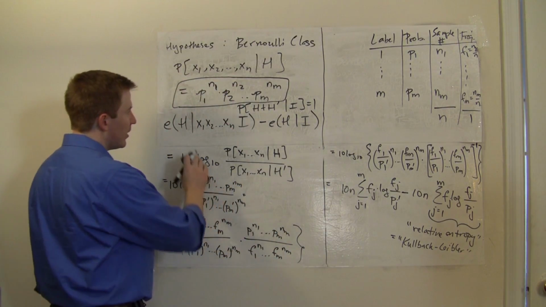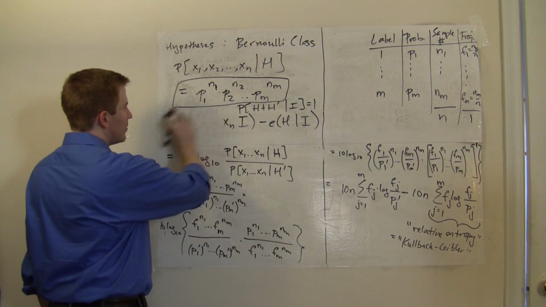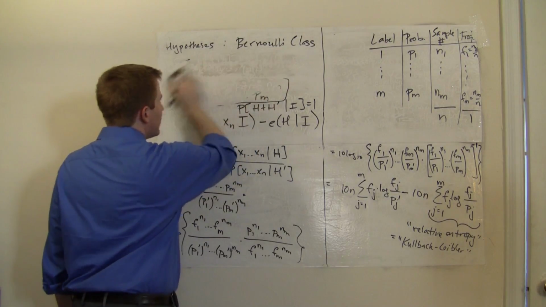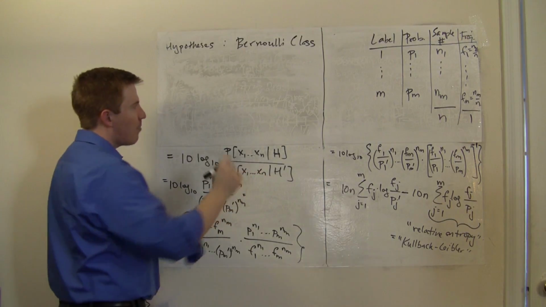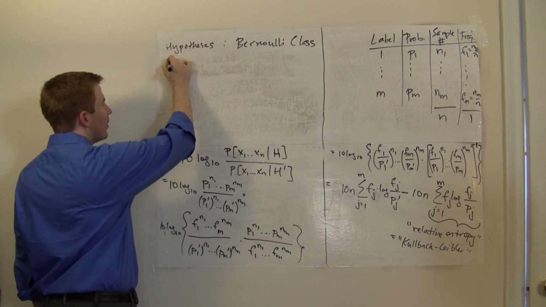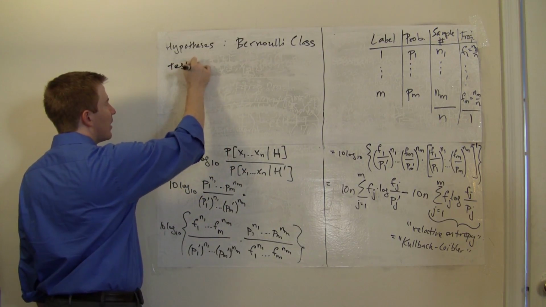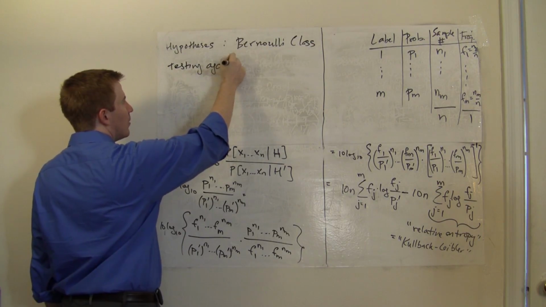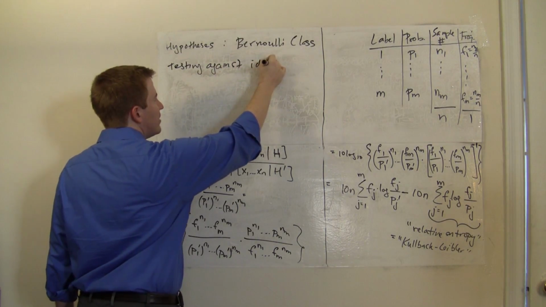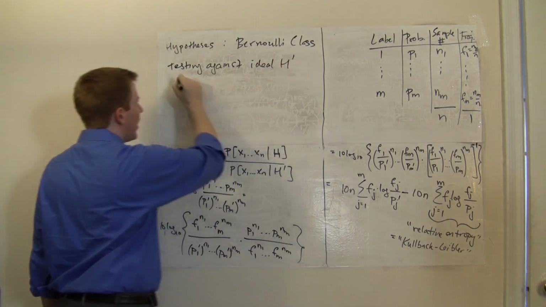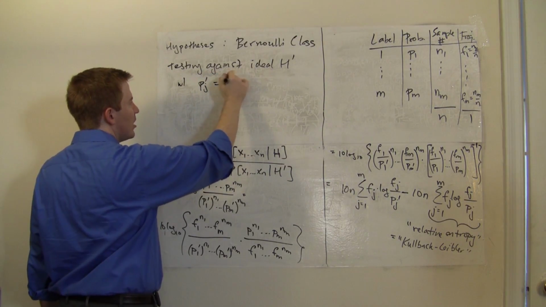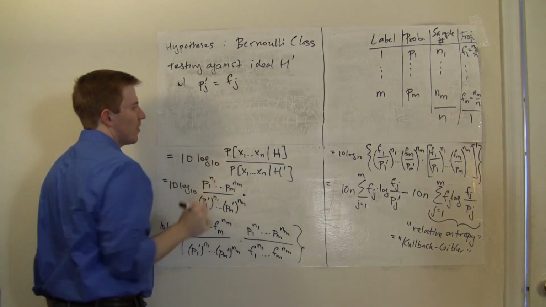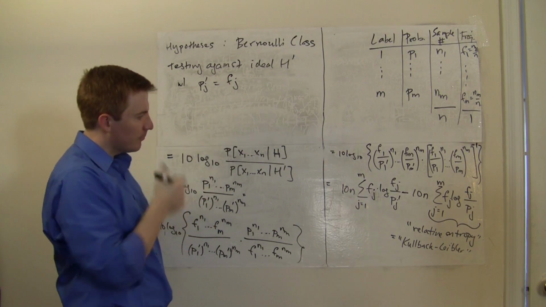So if we imagine that we had one hypothesis in mind, and we were testing against this ideal H prime with probabilities equal to the realized frequencies, the best possible H prime we could get,